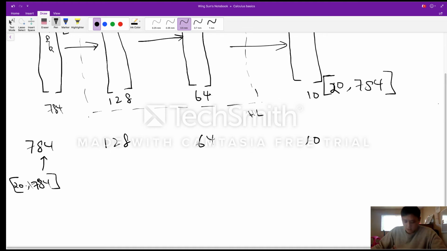Now, the transformation that needs to happen is I need to transform this to 128. I want to multiply this with a matrix that will give me 20 by 128. So I actually need to multiply this by